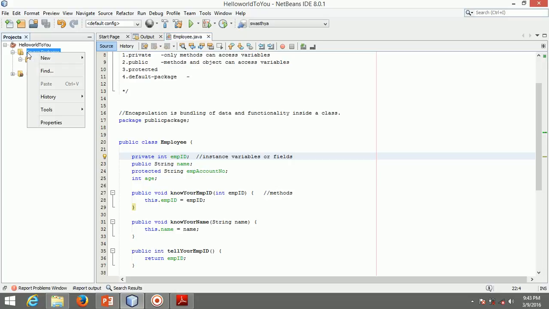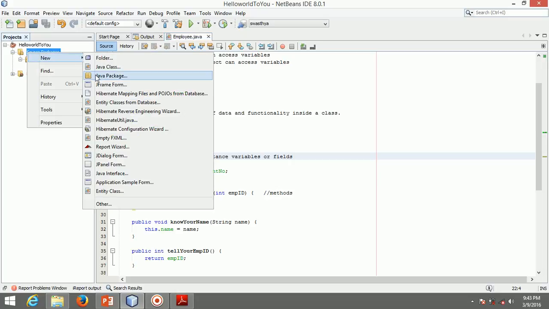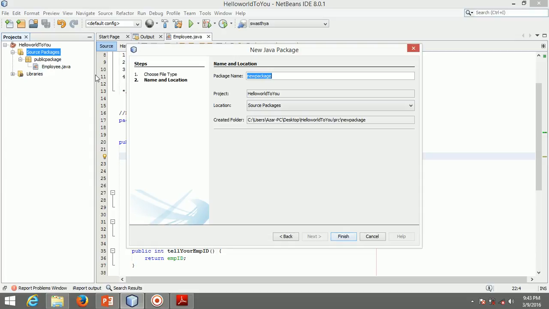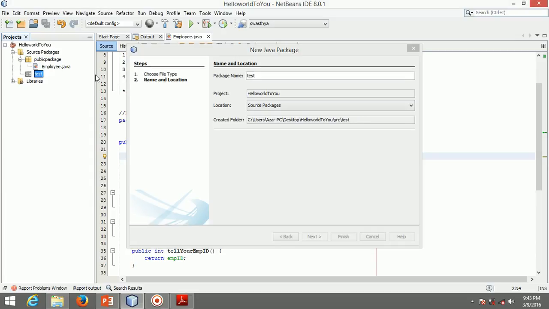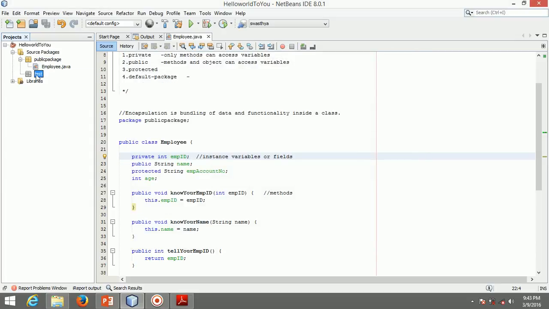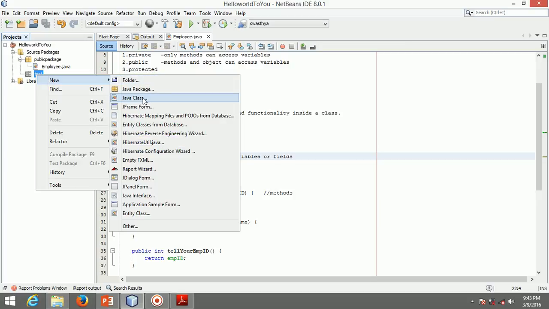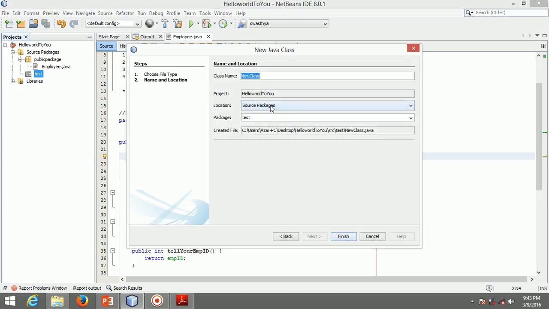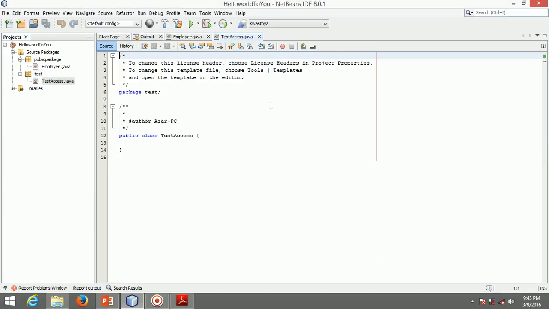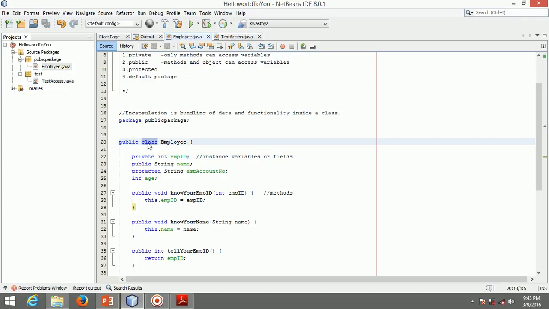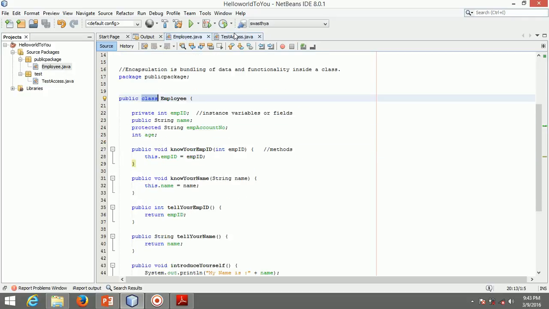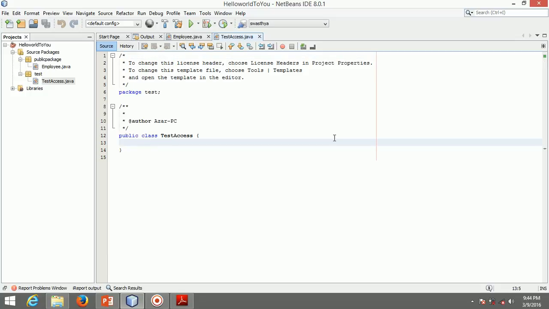Let me create a new package test. I've given the package name and my class name is test access. So here I am going to create an object of employee class.